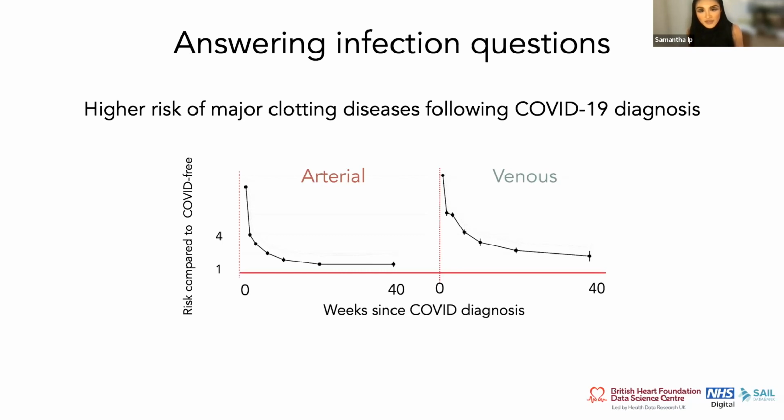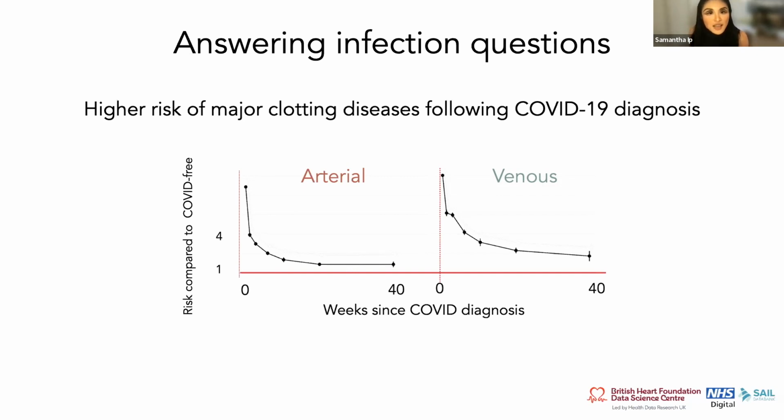The arterial stuff is on the left, which has to do with blood vessels bringing blood away from the heart, and venous on the right, where you have blood vessels bringing blood to the heart. And you see you're 4 times more likely, especially in the early times right after getting COVID,